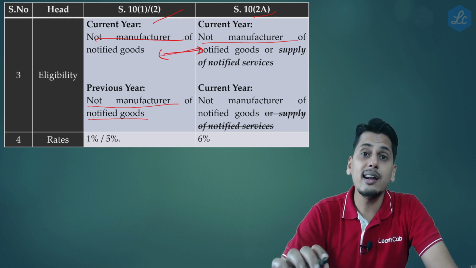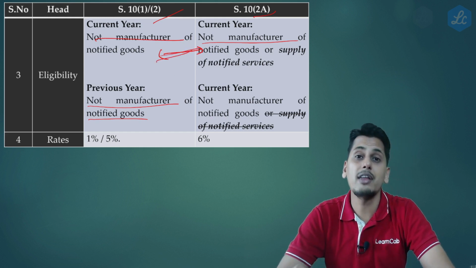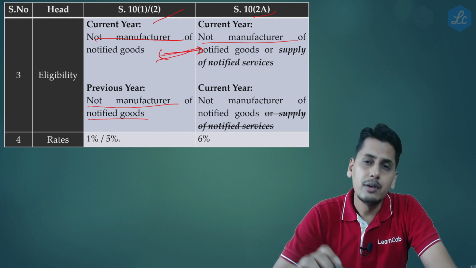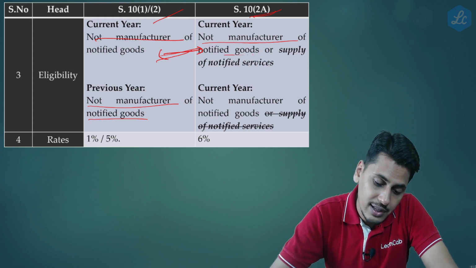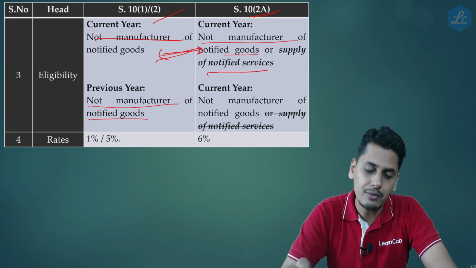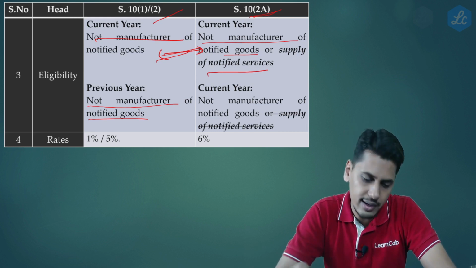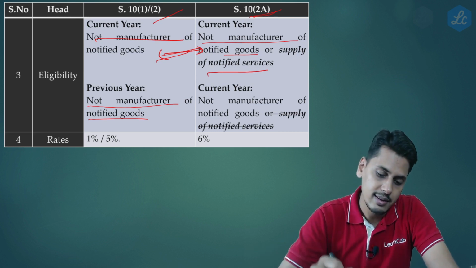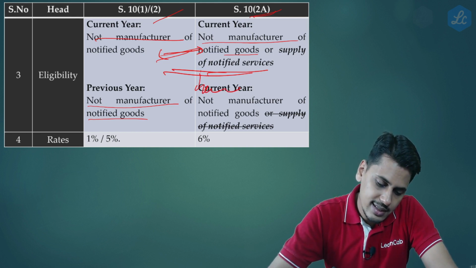As regards the current year, in 10-1, 10-2 composition scheme, he should not be a manufacturer of notified goods. Few goods have been notified. In 10-2A composition scheme, he should not be a manufacturer of notified goods or a supplier of notified services. Although friends, no services have been notified till date for this purpose, however, there is a difference in this condition. But however friends, as regards previous year,